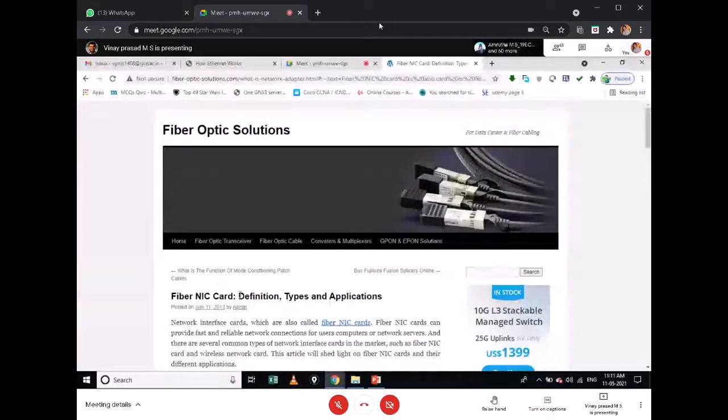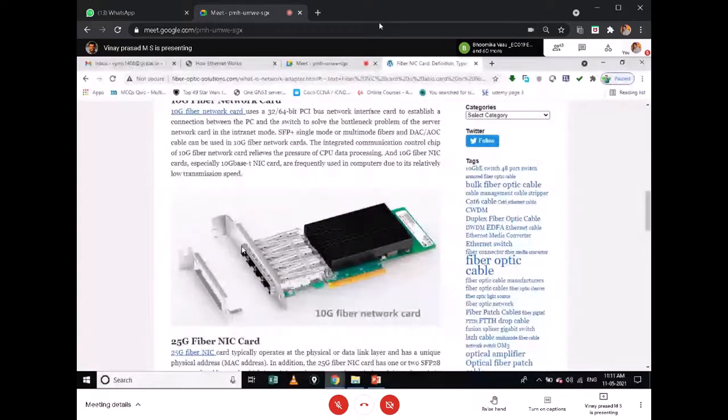Fiber NICs work similarly to the network interface card in our laptop, which has a port compatible with connecting to an Ethernet or twisted pair UTP cable. Here, the interface card has an option to connect your fiber optics. If you connect this to your PC or laptop through a PCI slot, it gives you a connection to your fiber network. Fiber network means your complete LAN will be using a fiber optic cable.